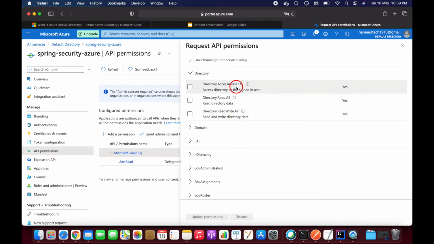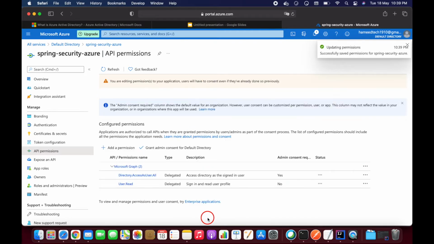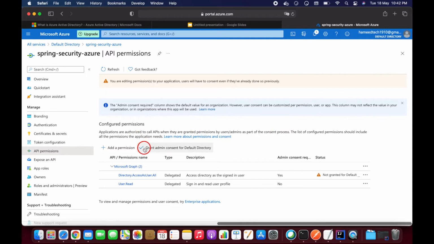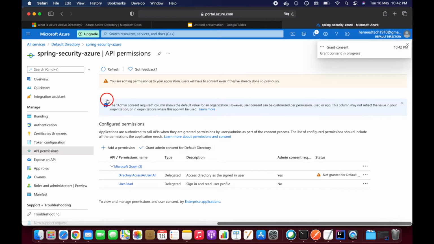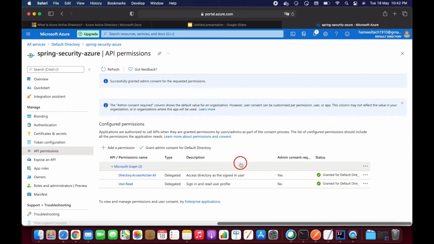I need user all permissions, access directory as the signed-in user. Let's click on that and update the permission. It's updated successfully. Now click on grant admin consent for default directory. Let's save this. Now it's granted for the default directory.